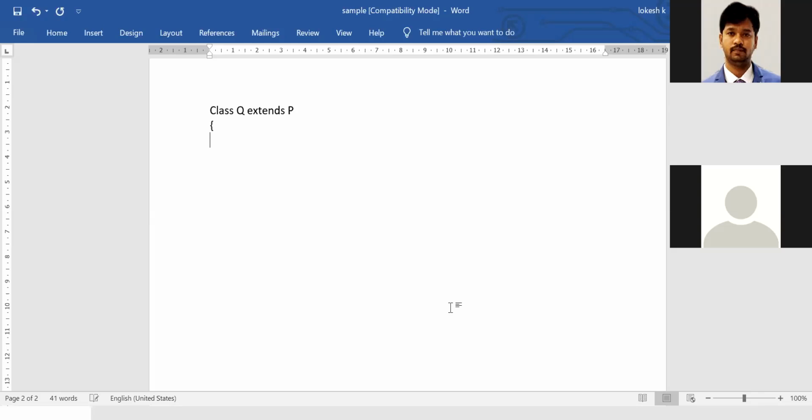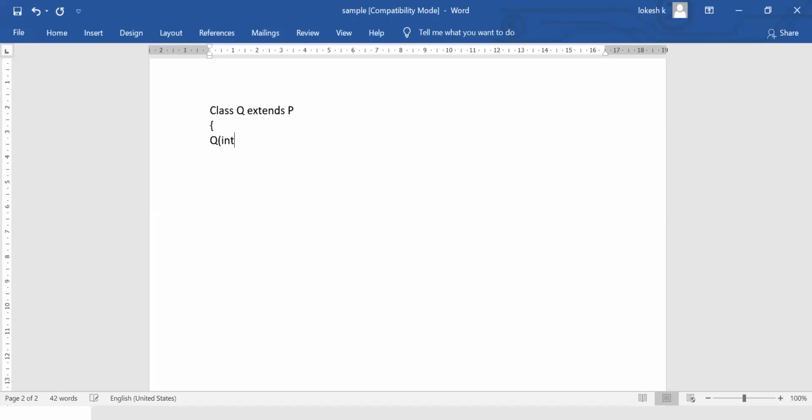Here inside the constructor of Q, we need to have three parameters. If the super keyword was not used, if it was the traditional form, how do we do it? We just initialize it here. Sorry, I'll create one more since it has four.